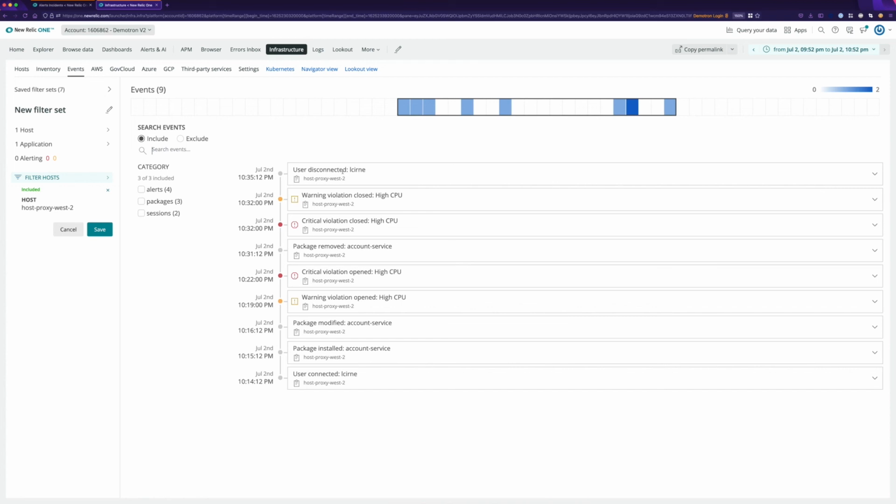So we've gone from an incident to analyzing what happened on the host during that time, to getting a series of events, including the user who could have been responsible for this. And so we essentially have our root cause figured out.